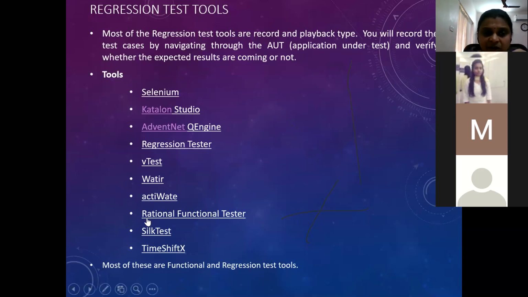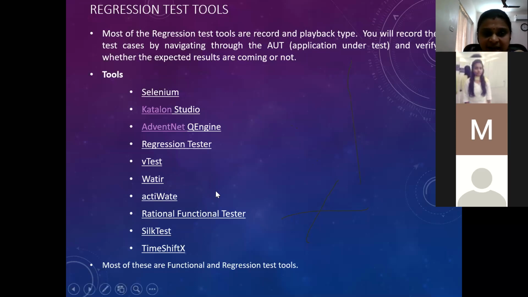These are some very commonly used tools. Some of them are open source. For web-based testing, Selenium is the one which is very commonly used. The advantage is being an open source, and we'll see how Selenium works and what are all the features offered for it. Otherwise, we have all these also.